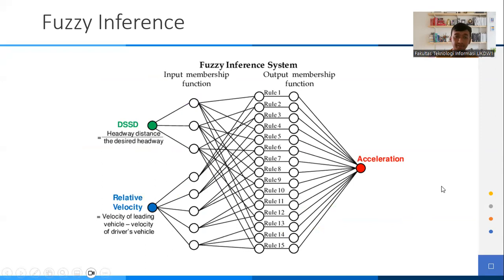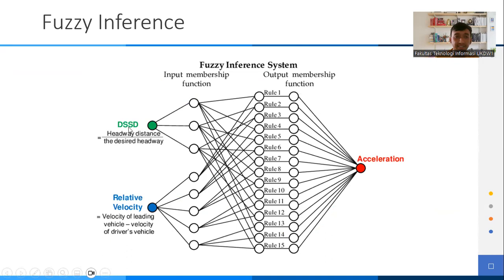After we create the membership function for the output and the input, we also need to create the rules. In this picture, we can see that we have two inputs, the SSD and the relative velocity.